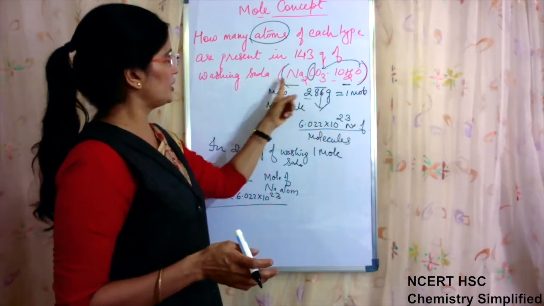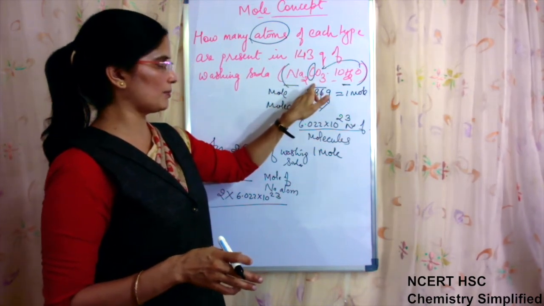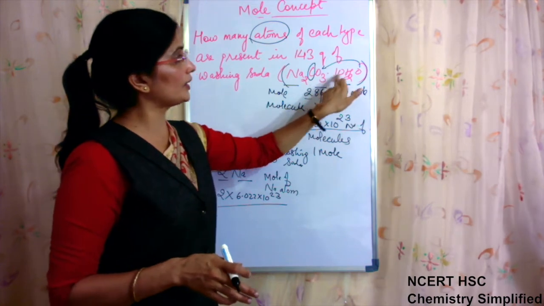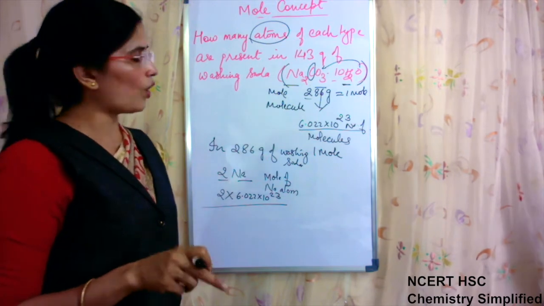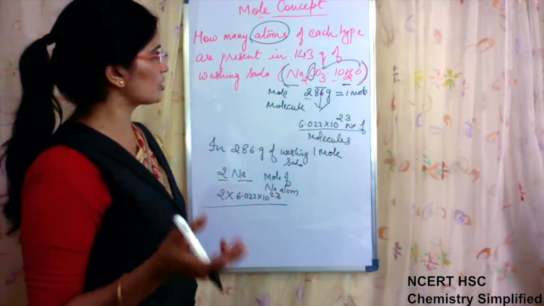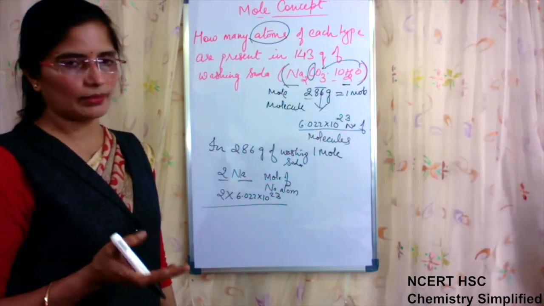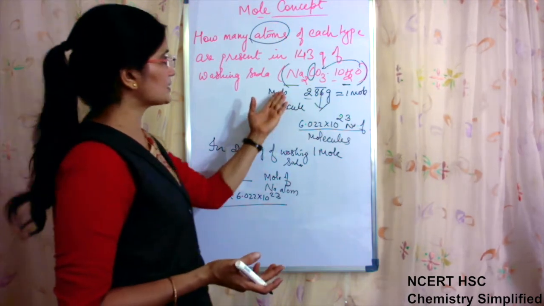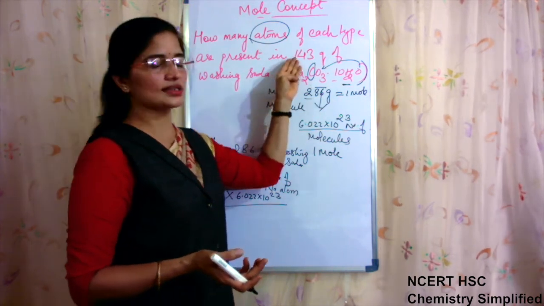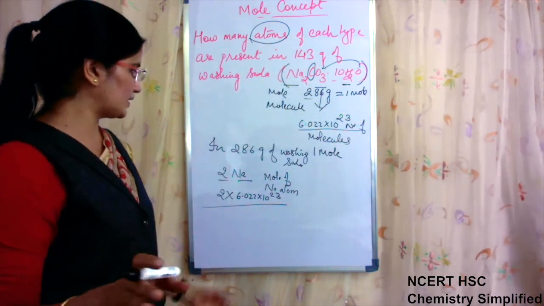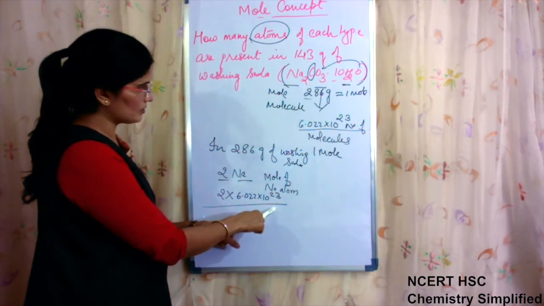In 1 mole of washing soda, there are 2 moles of sodium atoms, 1 mole of carbon atoms, 3 moles of oxygen here and 10 oxygen here. So in all there are 10 plus 3, 13 moles of oxygen atoms, and 20 moles of hydrogen atoms are present. Simply, if they ask in 1 mole of this, but 1 mole is equal to 286, they are not asking in 286, they are asking in 143. So that will be done later. First you calculate that for 286, this many atoms would have been present.